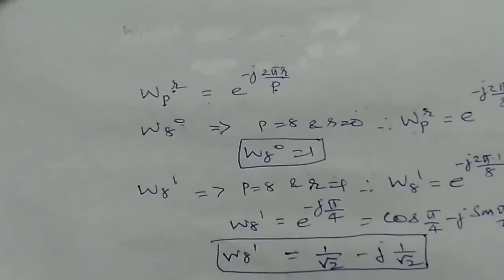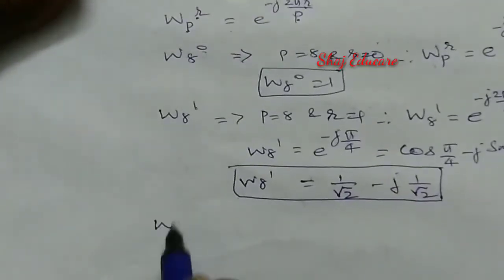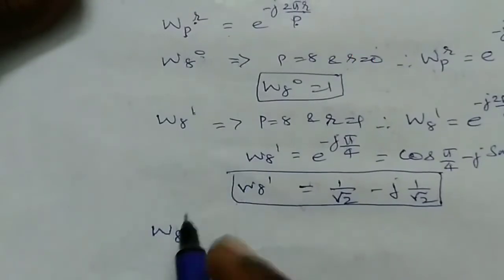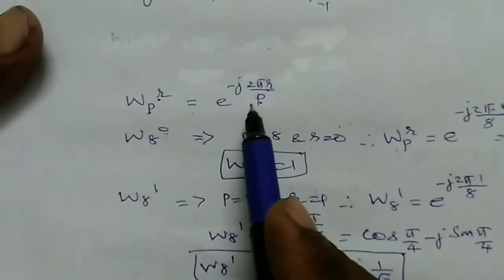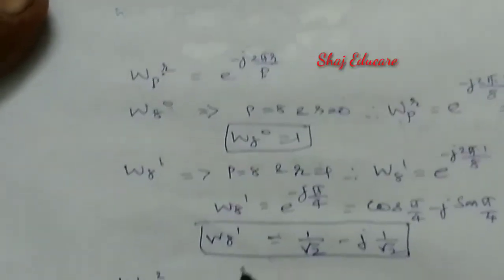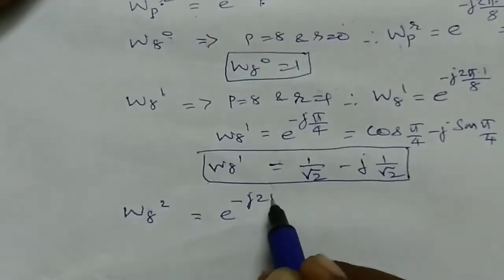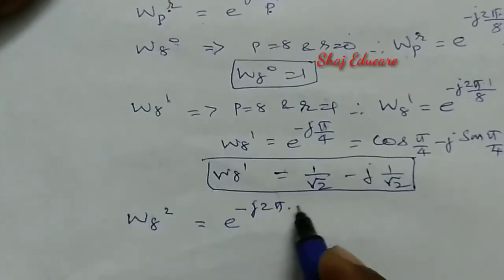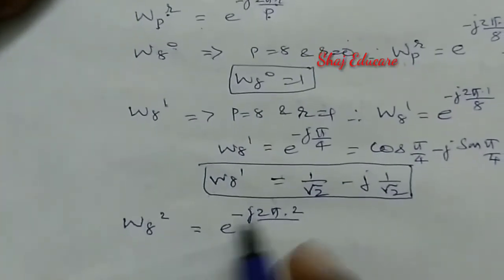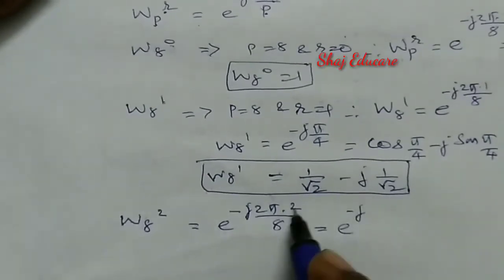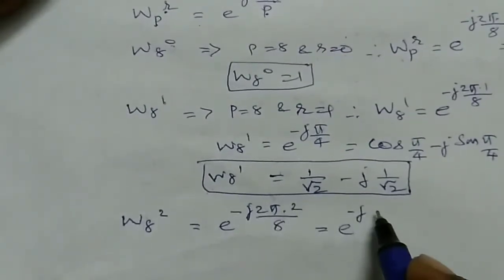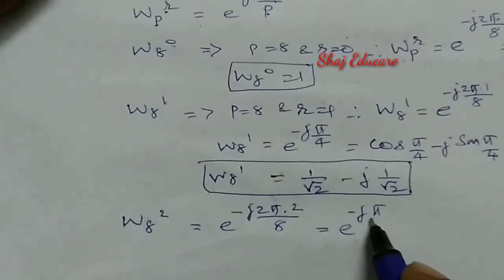Next, we have to calculate W8 raised to 2. Similarly, while putting in this equation, we will be getting e raised to minus j 2 pi. Here R is equal to 2 into 2 by P is equal to 8. So actually what I'm getting is e raised to minus j, this 4 can be cancelled, so actually the